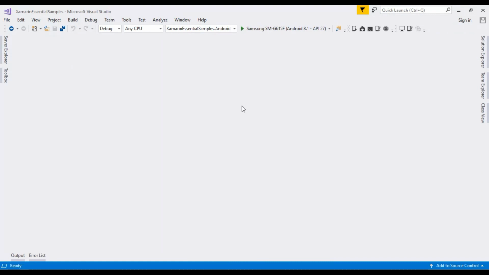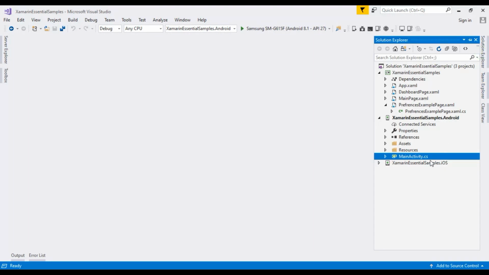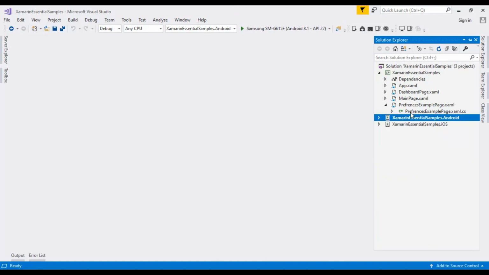That's it. We don't need to initialize Xamarin Essentials inside the iOS project. We only have to initialize it inside our Android project.